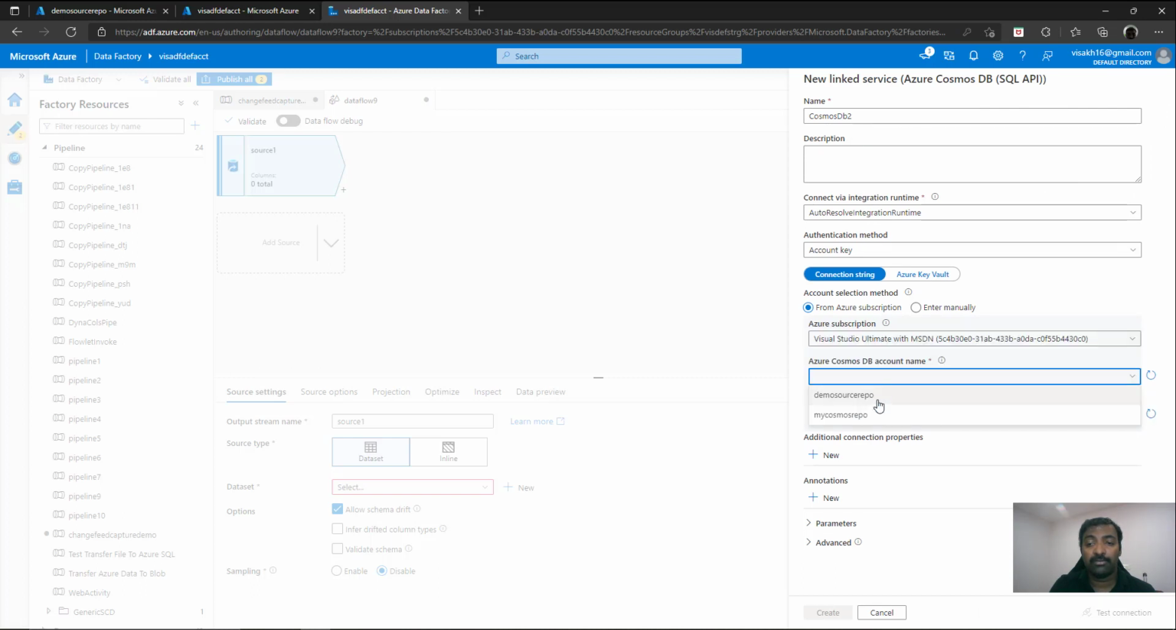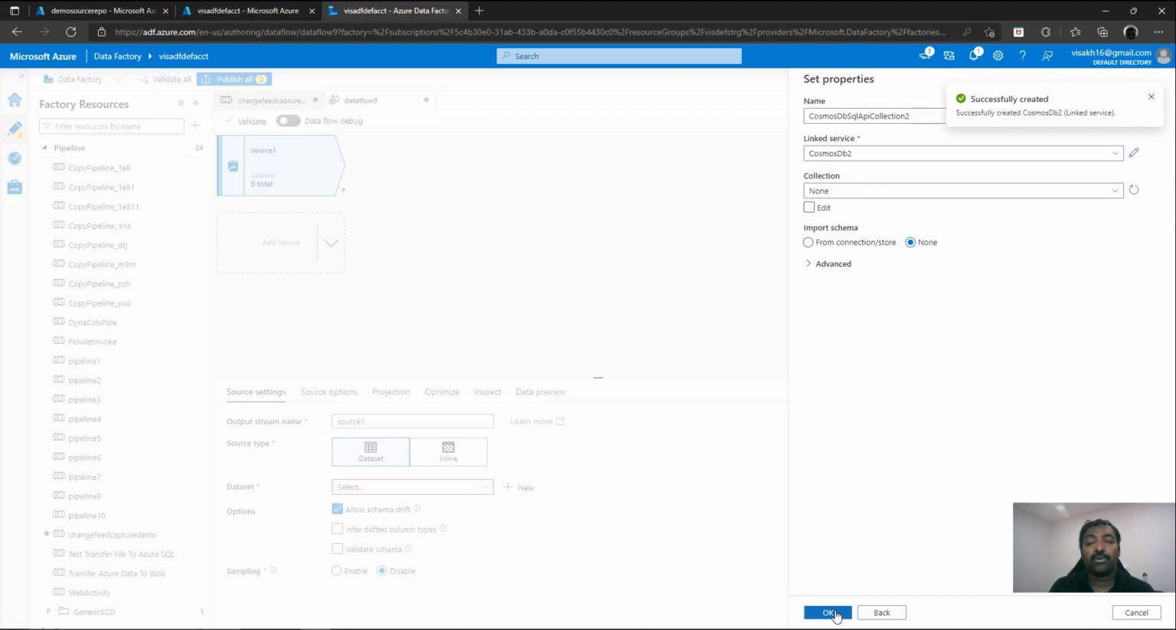You can select the account name, which is demo source repo, and inside that you have now created a database called product model DB. So select product model DB, click on test connection. So now the connection will be successful and you will be successfully connected to the instance from your ADF. So click on create, so that the linked service object will be created,